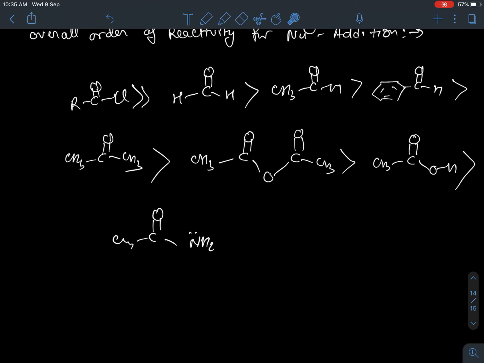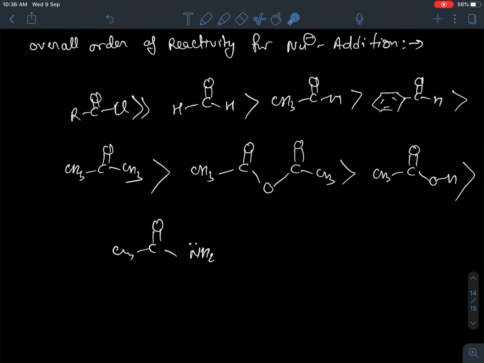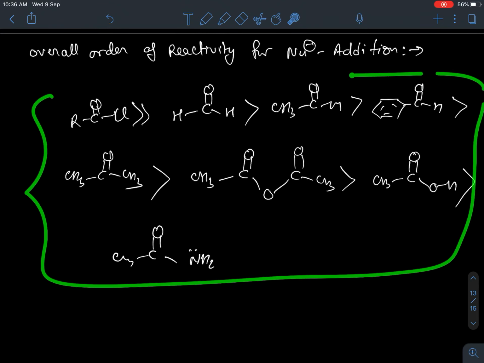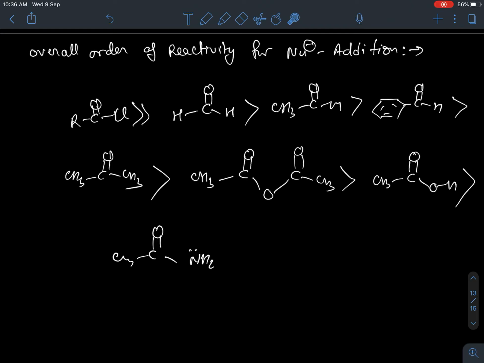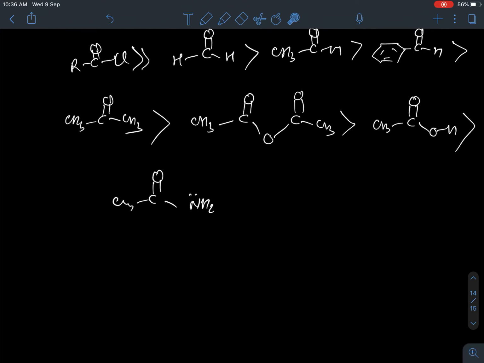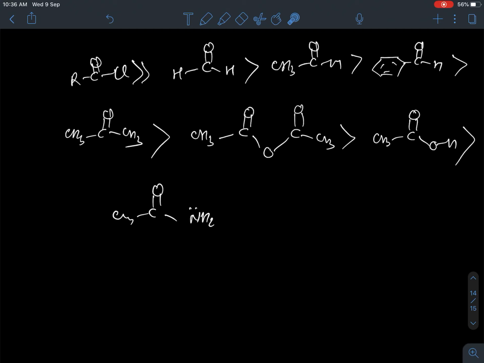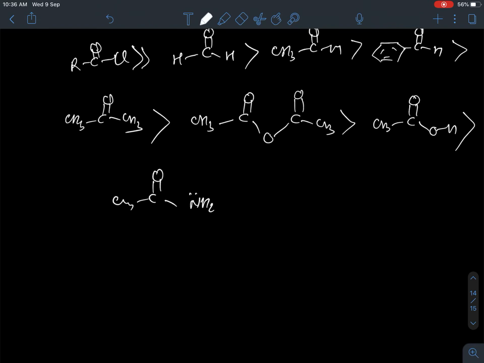Yes, I did not compare this with the cyclic one. So this is also very important. Sometimes a direct general question used to be asked. Okay. Now once again I would like to draw your attention to this molecule RC double bond O Cl. Is there any additional advantage apart from the fact that it is maintaining more and more positive charge? Because there is a great difference in reactivity. The answer is yes. There is one more factor which is responsible for the greater reactivity of RCOCl for a nucleophile, which is